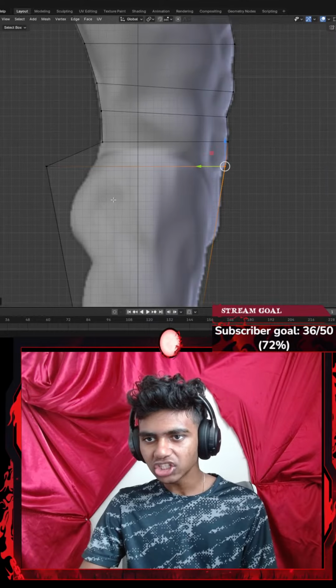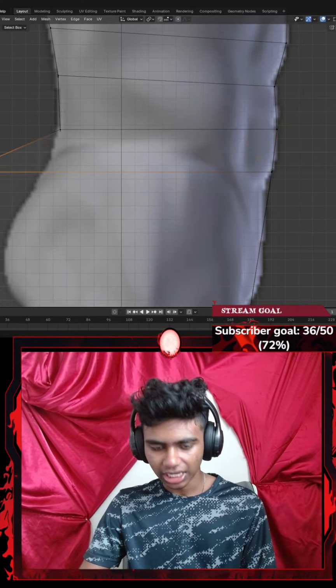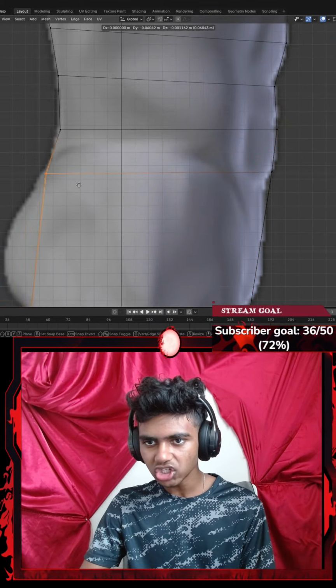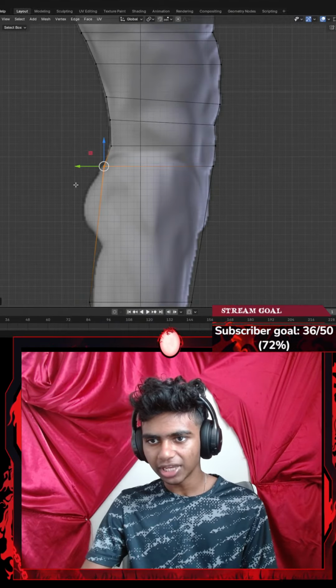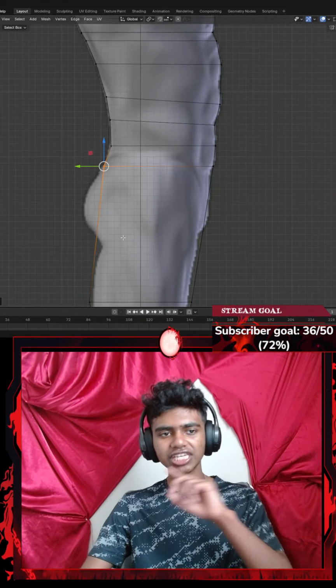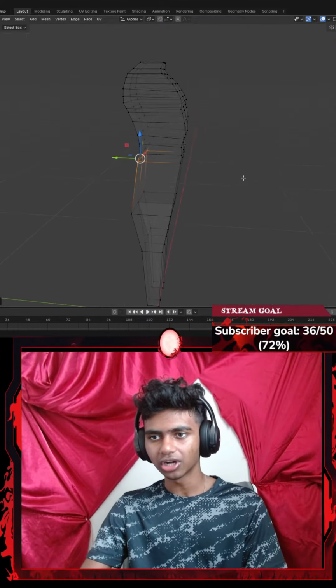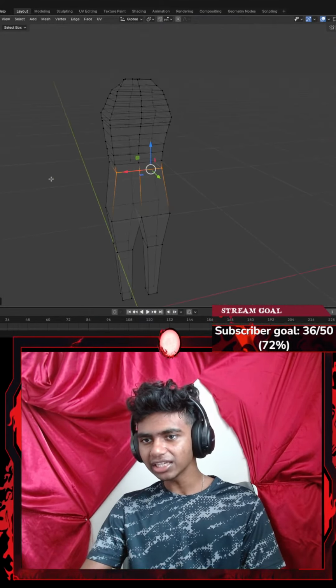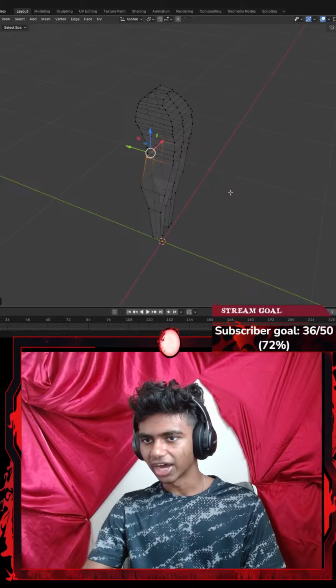Okay, now I actually don't know how to go on with the glutes parts. That always kind of gets me. Should I just ignore that for the time being and make a straight line type stuff? Because I've seen people just make a straight line for the glutes and all that. But I think it's going pretty good actually.